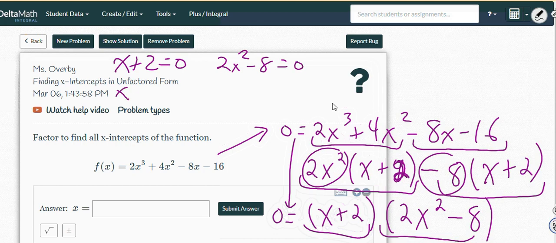Here we've got x equals -2, so that's one of our zeros, and then here we're going to add the 8, divide by 2, take the square root of both sides, so we're going to get plus or minus 2. So we have 3, well,